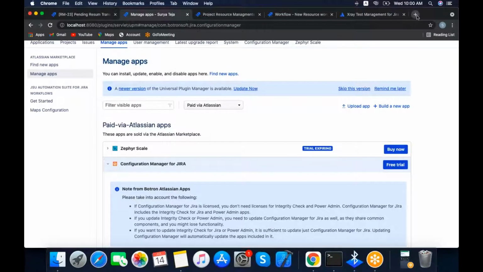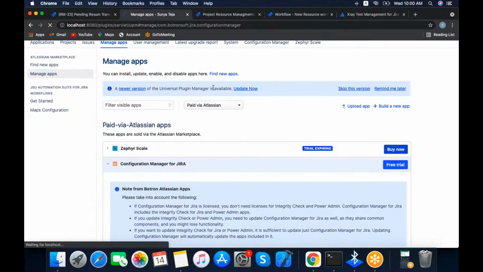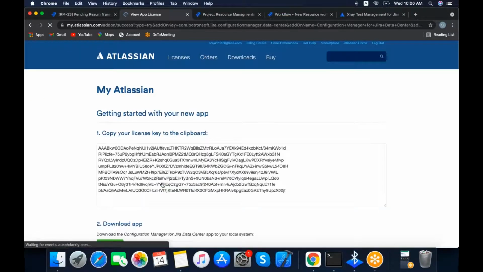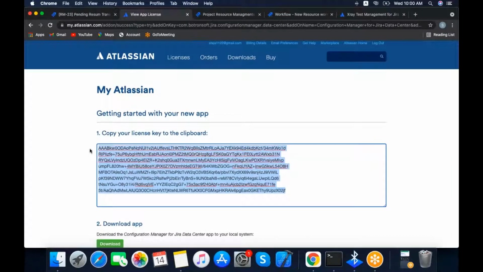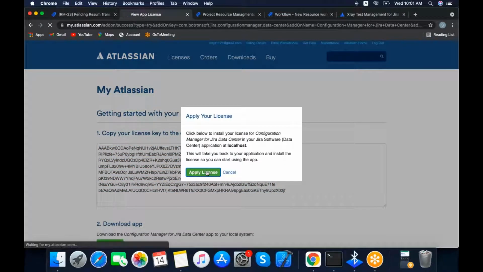Go to My Atlassian. You click the free trial again. Get license. Manually, we will copy this and apply license.